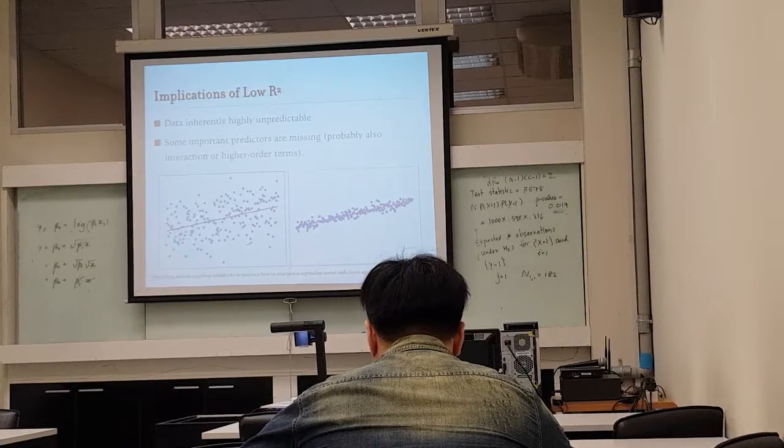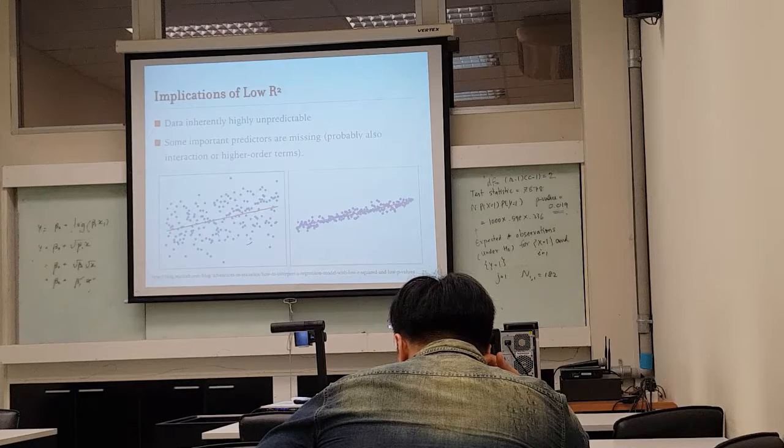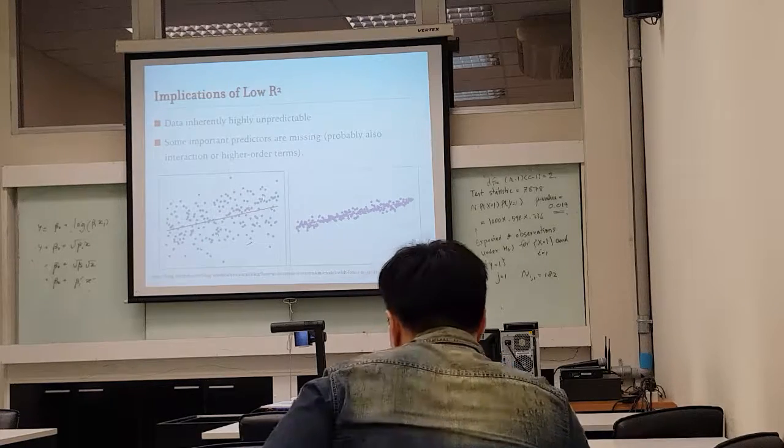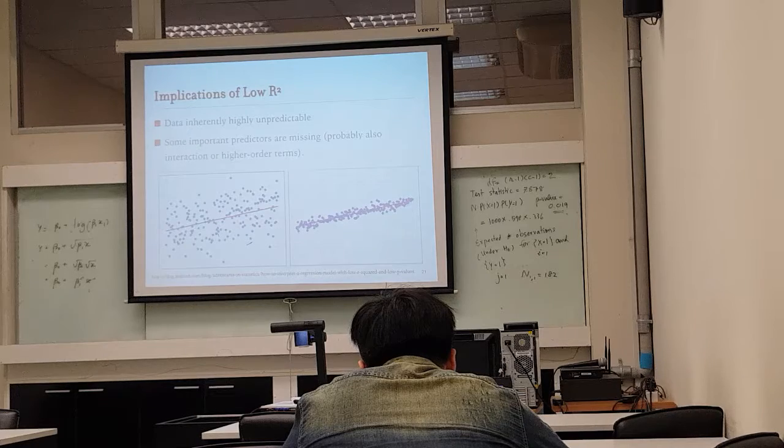When you have high R squared, your data looks like this. But if you have data like this, then when you fit the model, you will see something like this. You will have a model with very low R squared, because your model will not explain any variation of the data around the mean. Because your data is highly fluctuating. There can be many things that cause this. Usually,